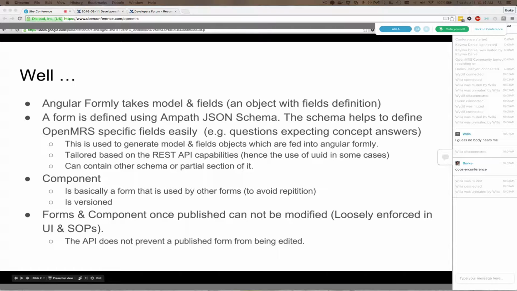So when we say this is a component, the only difference between a component and a form is that we don't expect to use a component to collect data. So it's just a semantic difference. There's no technical or structural difference between the two, especially at this point. When you look at the structure of the component, it's basically the same as the form. And we have the ability to version the component and the forms. We're using the basic OpenMRS features provided with the form, which include the publishing and versioning and the resources.